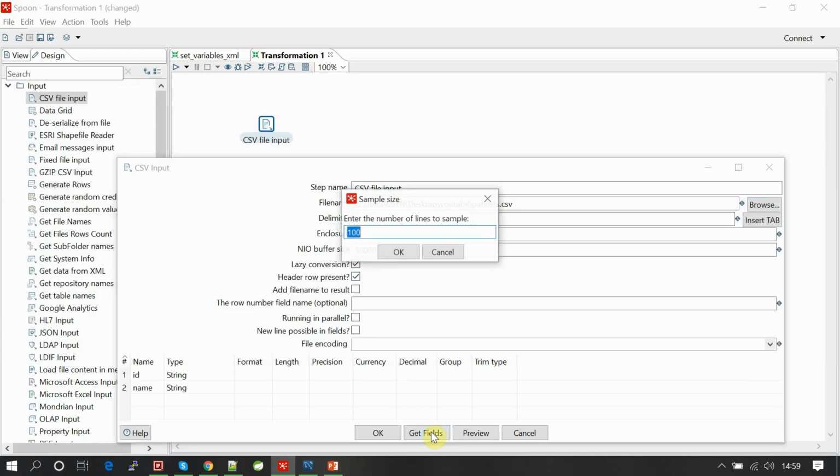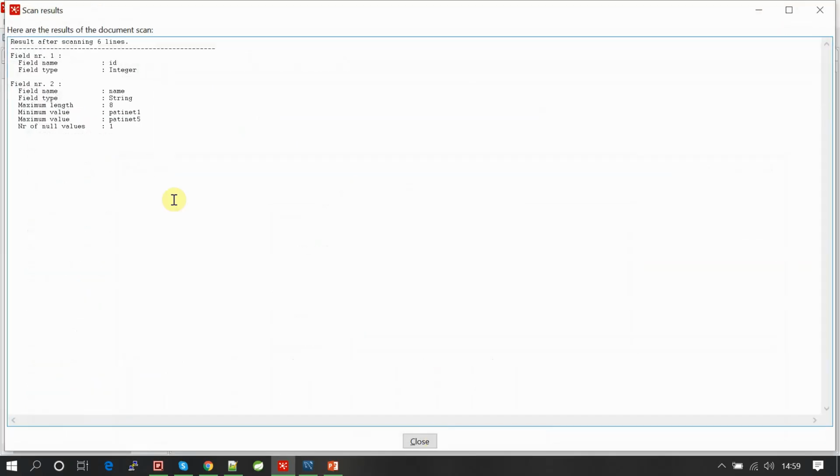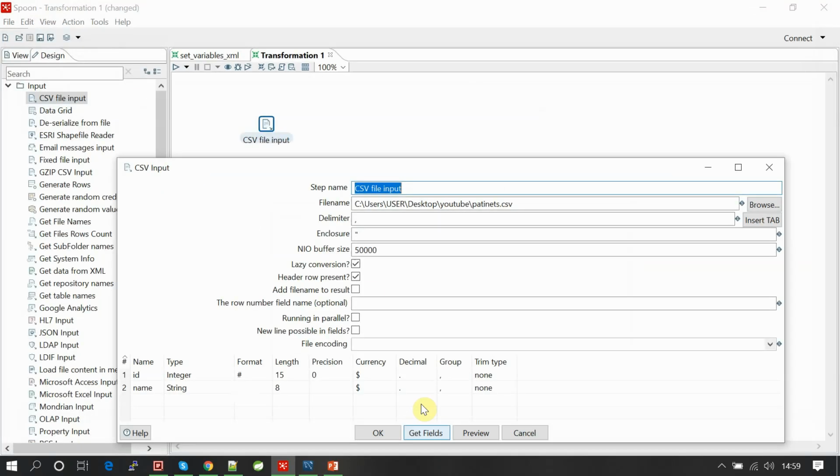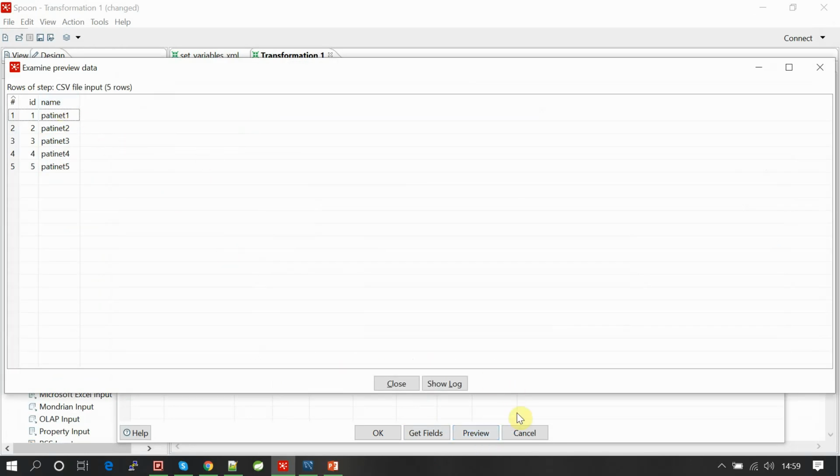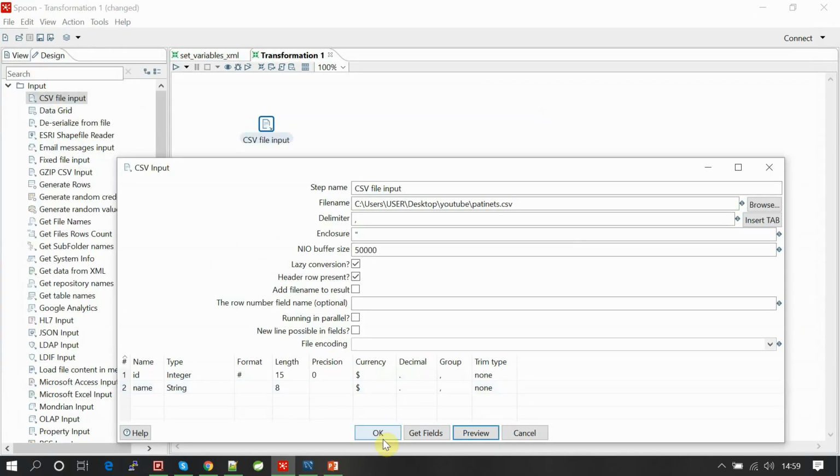Now you can get it. ID an integer, this one, and the name a string, patient 1 and 2. So that's how it got. Preview the rows is this one.